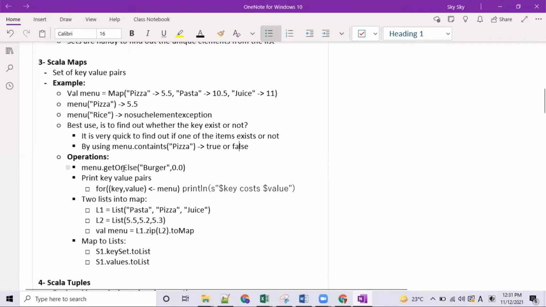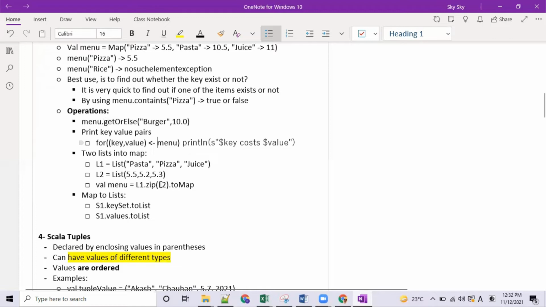But if you call getOrElse, let's say you are finding burger in your menu, it would return zero. It means we don't have a burger, so the price of that burger is zero. We can change it to something else, let's say 10. So today we don't have the burger, but the price is 10. We can use it like that.